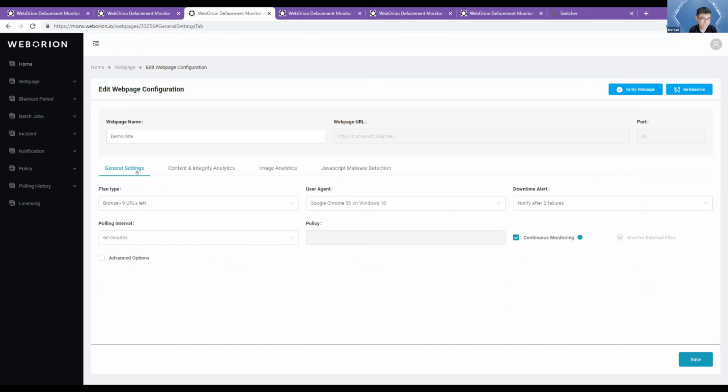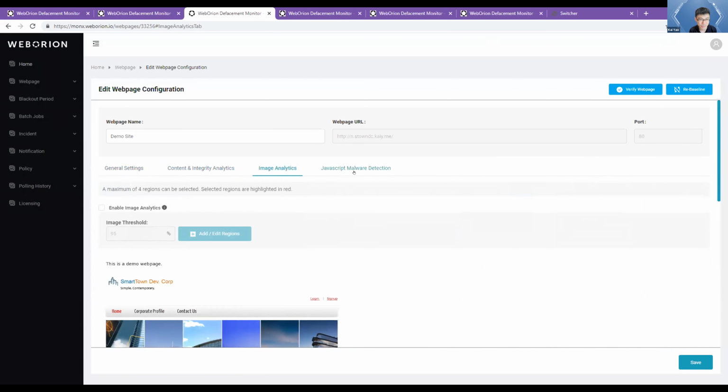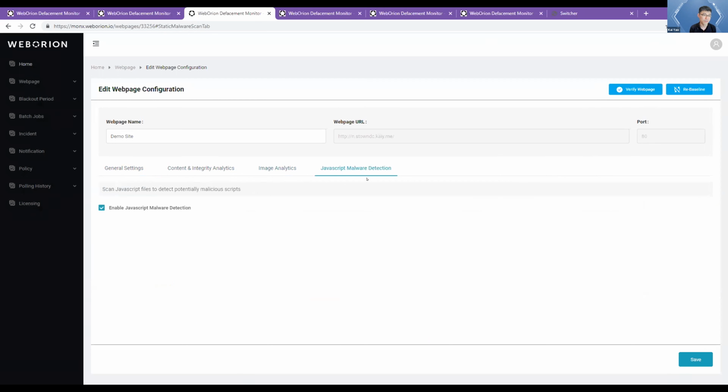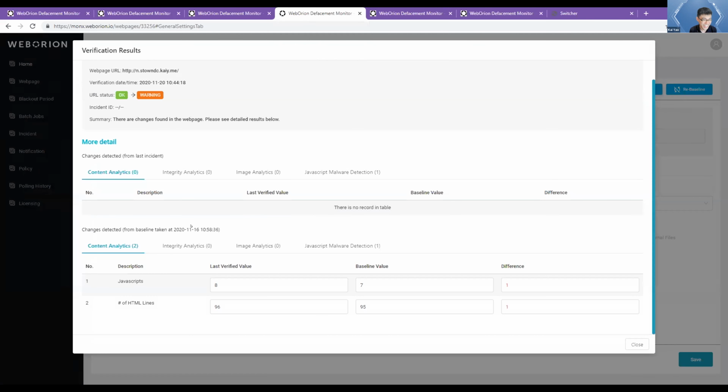And if you notice here, we still have the engines that we previously had, the content integrity analytics and image analytics, but we have a new tab here called the JavaScript malware detection engine, right? This engine is very easy to use. It's just one checkbox. If you want to use it, you just tick and enable it, right? Once you enable this engine, and verify the site, let me show you what I have verified earlier. You can see that with this new engine turned on, we still have the 2 alerts from our old content engine,